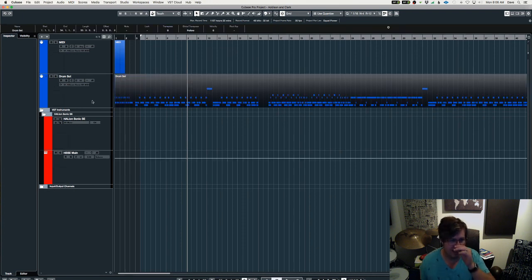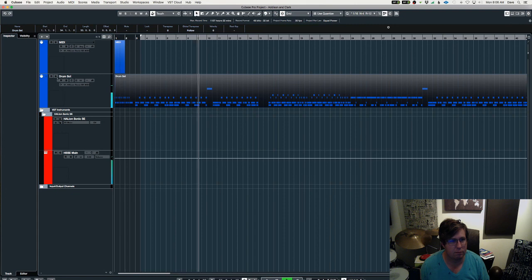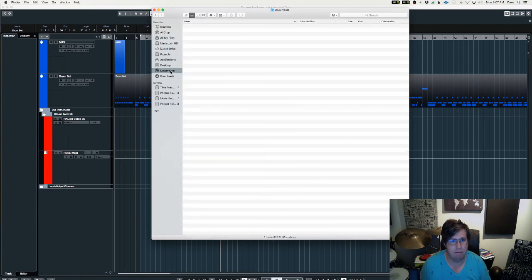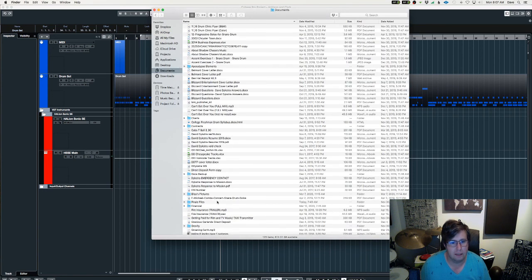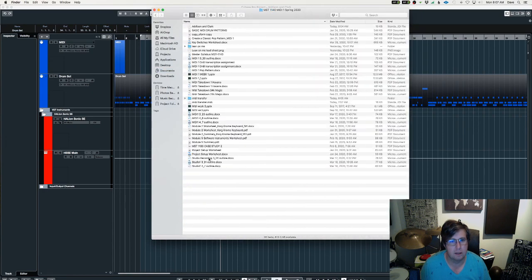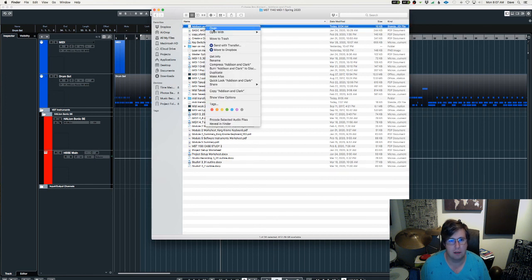Now, you'll notice that inside Cubase, it actually did assign some sounds. Let's see what the sounds sound like. Obviously not great sounds, but it recognized that it's drum instruments, and it tried its best to give you something to listen to. One other thing to mention is, if I go and find that MIDI file, let's see here, documents, it's in here somewhere,